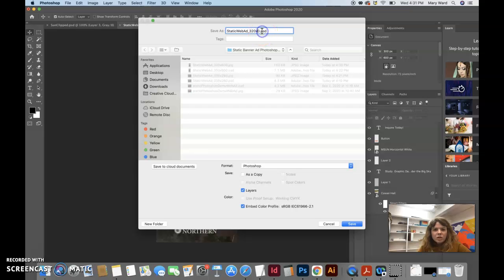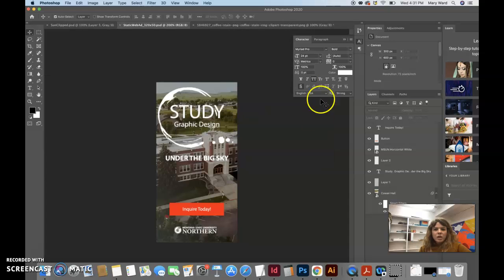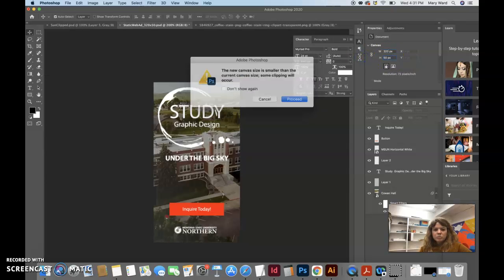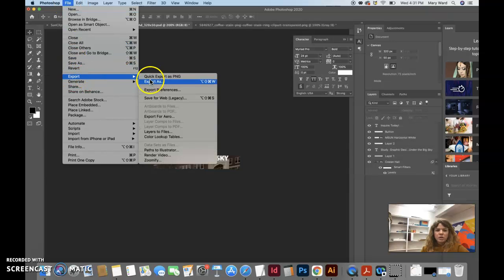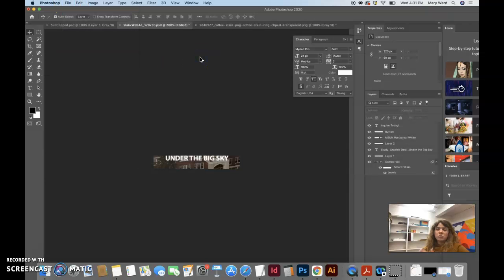So we're going to change the name, save that, and then we can go ahead and make this 320 by 50, push enter, proceed. So this is a way different size, right? So we're going to have to shrink everything down, rearrange the canvas, and make sure we save out the PSD, Command S, just the most recent changes, and then do the file export as a JPEG. And then I'll want all 6 of those files